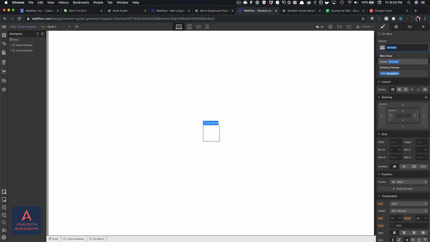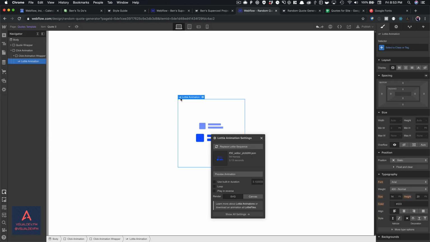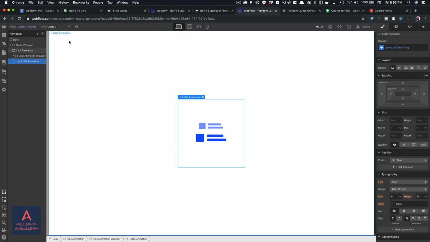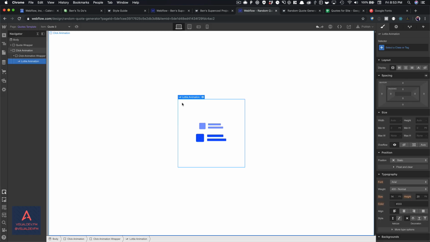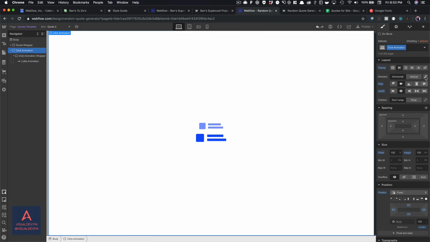Actually, I'll call this click animation wrapper. Okay, perfect. And then what I'm going to do is come over here to my files. I'm just going to drag my loading animation in here. Perfect. And yeah, a little loop. So now we look at it. That's what it looks like. It's loading. Okay, and then what I'm going to do is set it initially to display none,